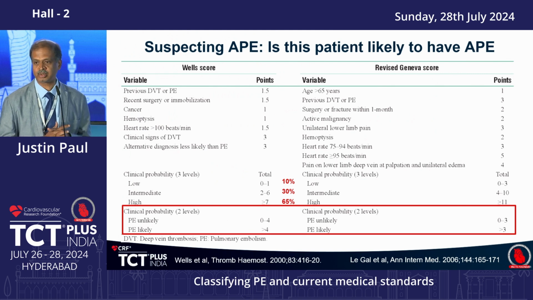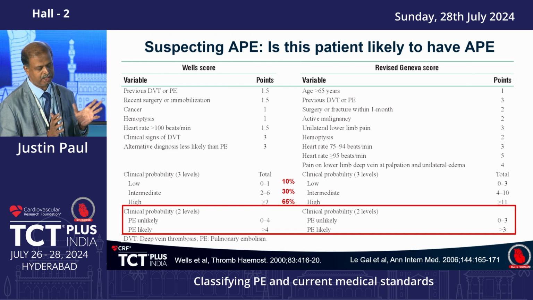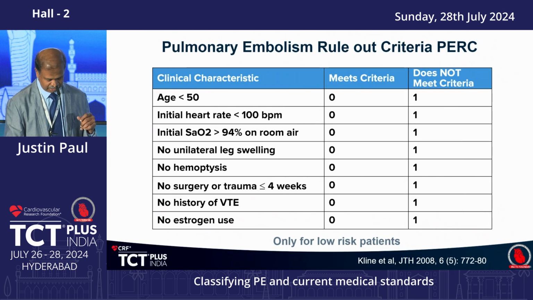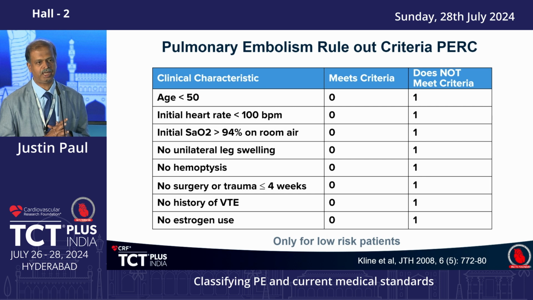Now, this score is not going to help in this particular patient. These are basically the two scores that I would like you to remember in suspecting the likelihood of pulmonary embolism. There are many scores, but the commonly used scores are the Wells score and the revised Geneva score. The revised Geneva is more objective than the Wells score, and you have a 2-level risk stratification or a 3-level risk stratification. The scores can tell us that the pulmonary embolism is unlikely. We can probably investigate less. Well, we are not investigating using this score, and this is again another pulmonary embolism rule-out criteria if you can use it in the clinics.